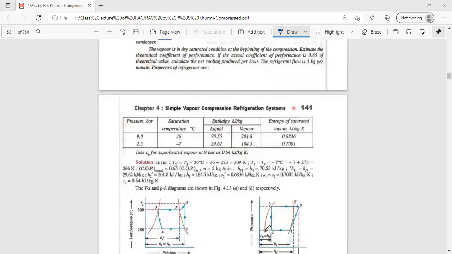HF1 is the fluid enthalpy at point 1, which is the point of intersection of this line here, and it is supposed to be equal to HF4. Both of these are on the same line from here and here. Point 1 and point 4 are on the same temperature line, the lower temperature line. So HF1 will be here, and HF4 will be here. But H4 is not HF4 itself. So HF1, the fluid at point 1 itself, is given as